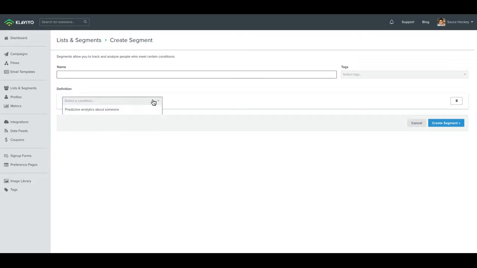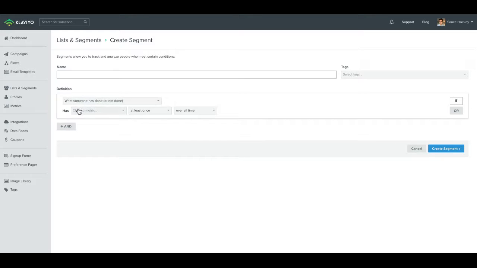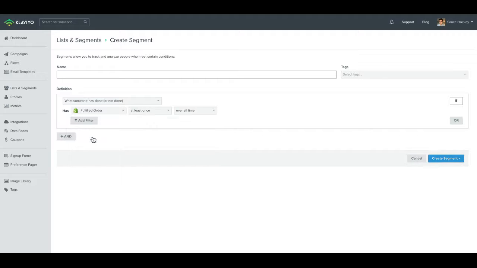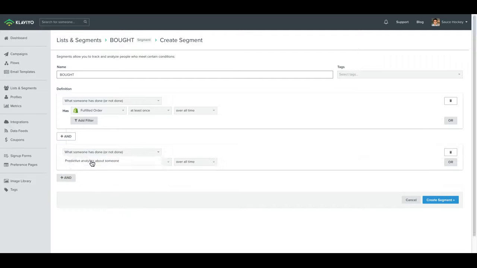So the audiences you'll want to create is mostly within what someone has done or not done. For example, fulfilled order is tracked the best, apparently, according to Klaviyo. So, fulfilled order at least once over all time. You would title this just "bought," for example. But if you wanted to make it more narrowed in and make it more powerful, what someone has done or not done again,